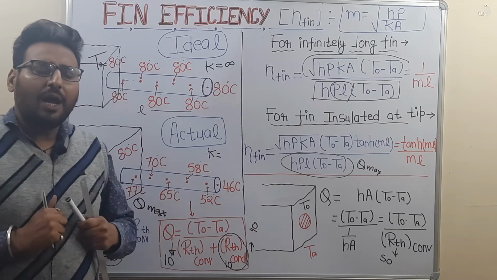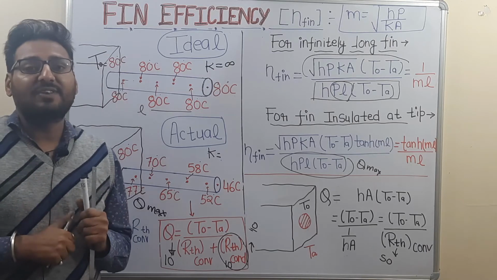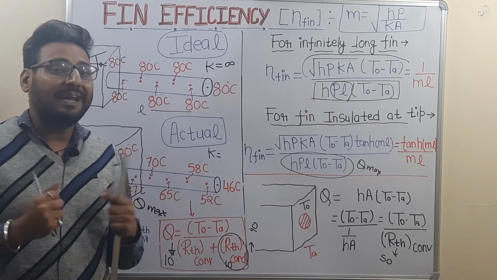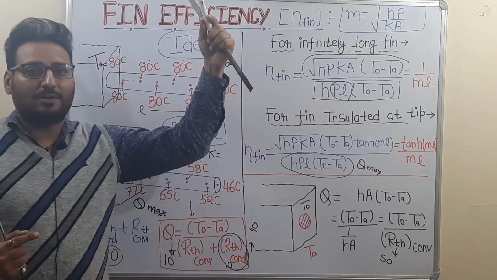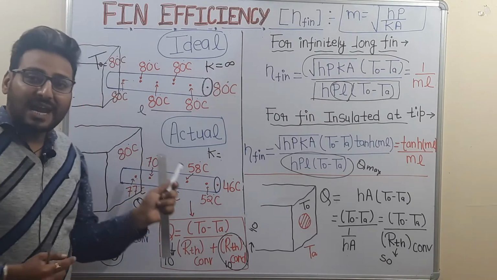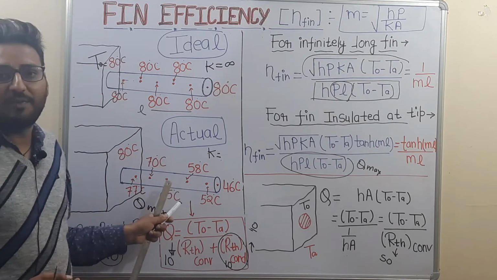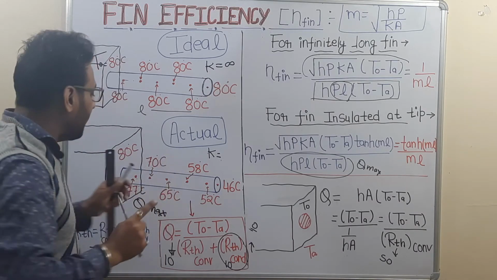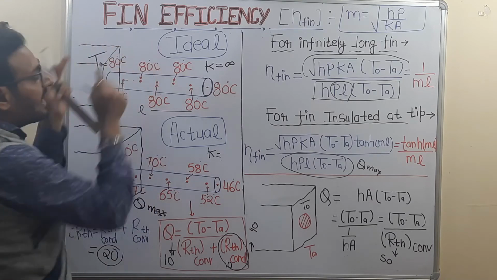Then why are we calculating Q maximum? Now compare this with the Carnot cycle. The Carnot cycle is also not a practical cycle, but we need to set a standard benchmark. So Q max is the standard benchmark. It is the maximum possible heat transfer rate from the fin. Our actual heat transfer rate from the fin is given in this condition, and this is the ideal condition.